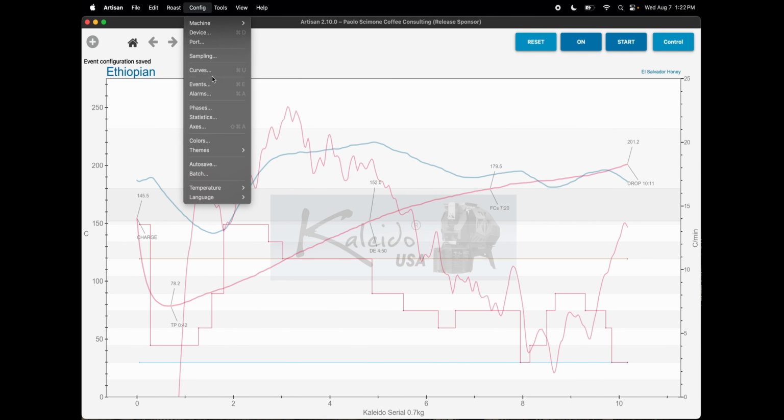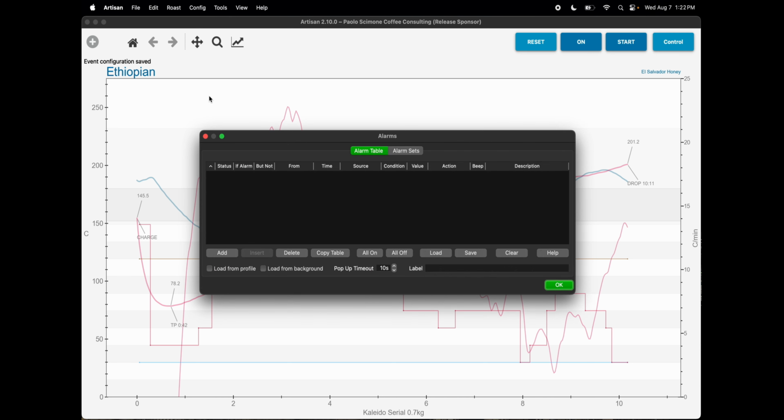Next, we're not going to go into this much, but something that's nice to set up is an alarm. So for example, on the previous version of Artisan, once I click charge, I actually added an alarm that's like, hey, reminder, set your set value higher so that you don't stall your roast later. I usually remember, but there is a time where you're just having one of those days and then you forget to set up that set value